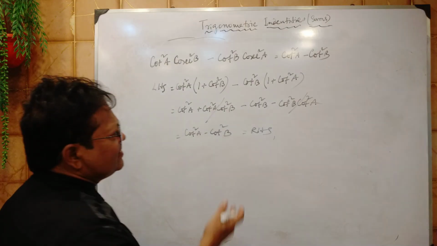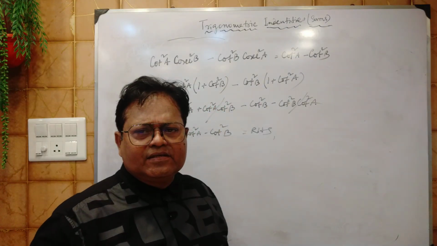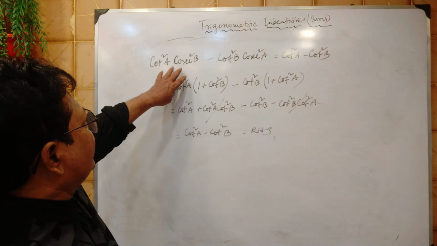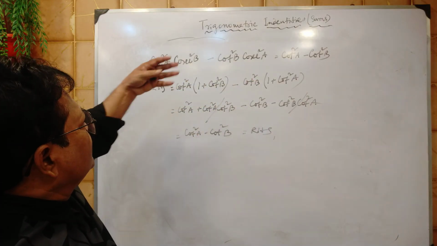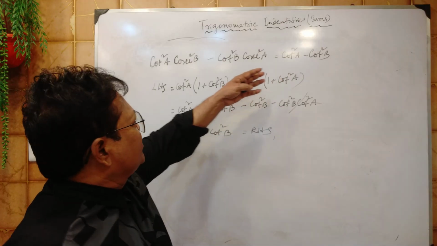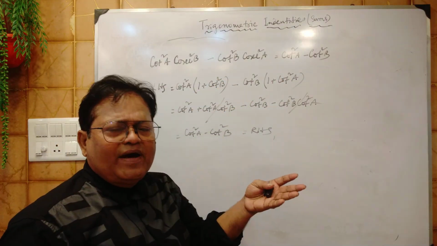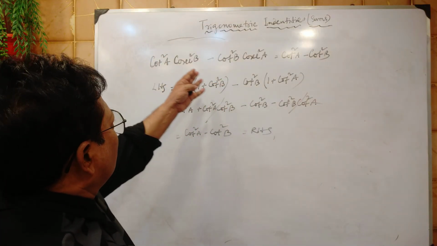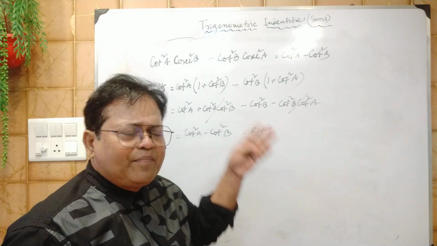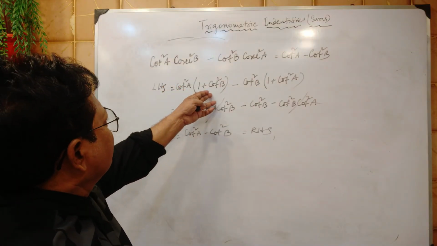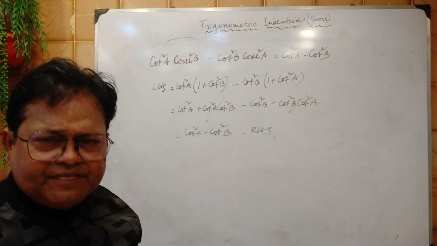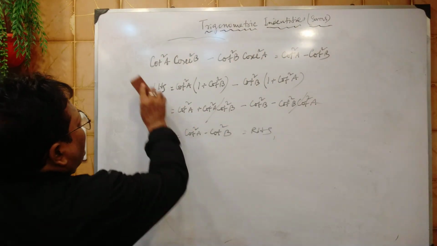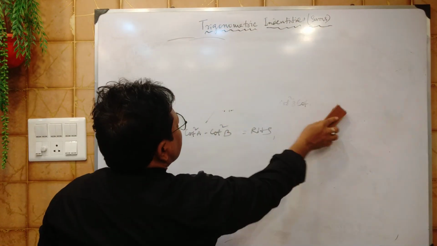So easy. That is just two lines of solution. But you have to decide at first what you will have to do. When you see the question, in your mind it should come which trigonometric identity, which formula is to be applied here. Then you will apply it and you will get the solution. So another problem, these are very easy.